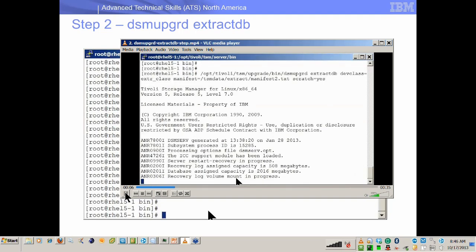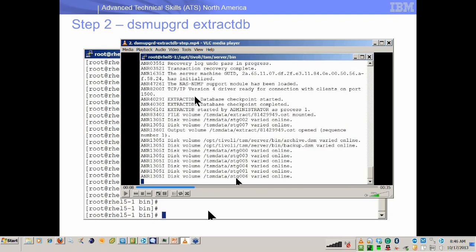So you can see this starts up. Again, it looks very much like a normal TSM server startup. It's going to notice that it's going to do an extract. So it opens and creates the first file. There's the .ost file that it created. And then it goes ahead, reads the metadata out of the database,